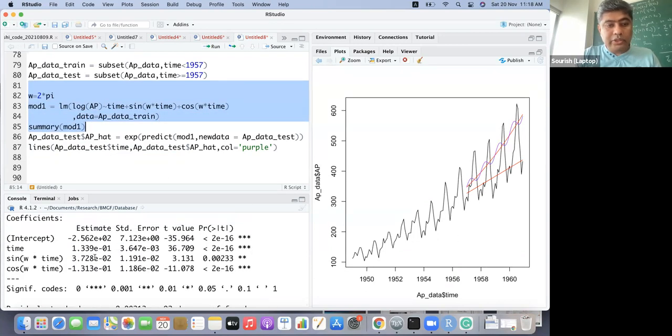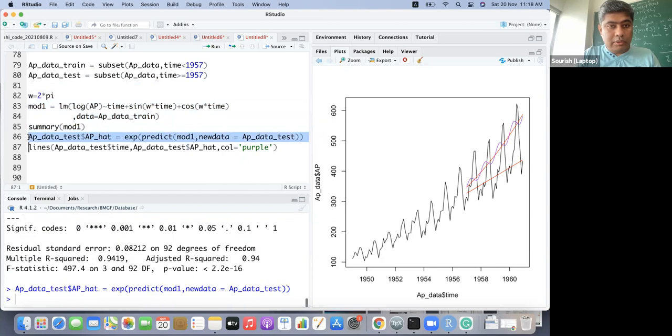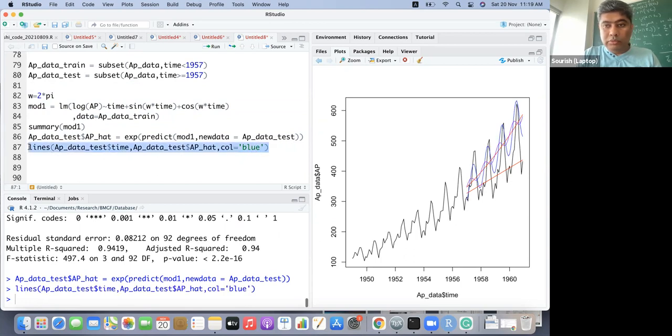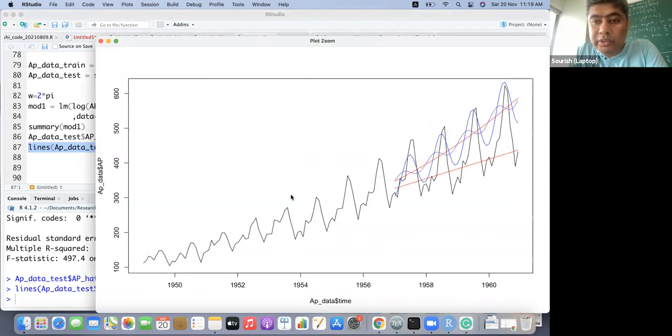Now the cos function turns out to be very strong. And we can just say blue. This looks like it's doing reasonably well. So sine plus cos together is doing reasonably okay.